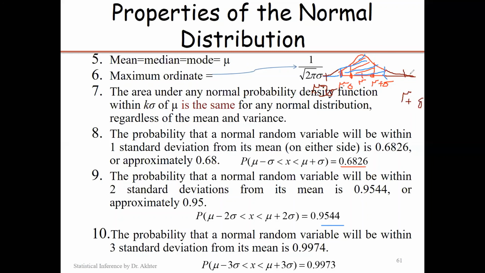And the probability is 99. So your question was what? Your question was why the probabilities are different by the two rules. The reason is in the case of this distribution. Suppose this is the distribution. We are interested in mean minus 3 sigma and mean plus 3 sigma. This is mean plus 3 sigma. This is mean minus 3 sigma.